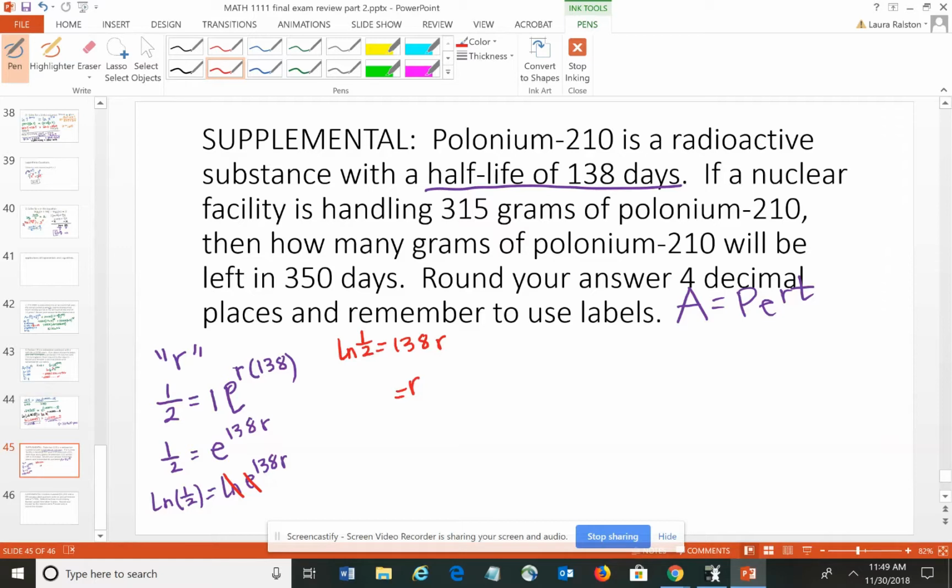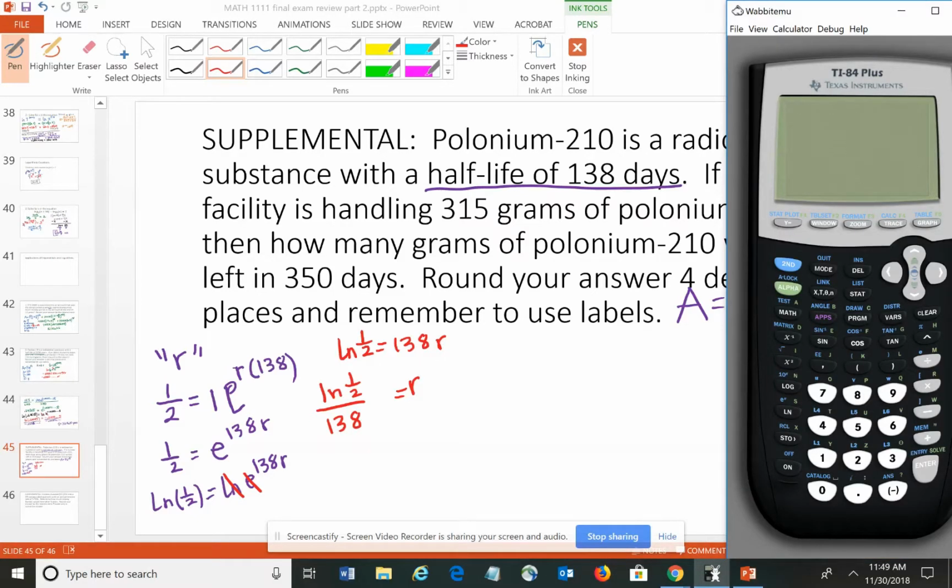And then to get r, I'm going to do the natural log of 1/2 divided by 138. And you can do that on your calculator. Again, you want to try to carry the decimals with you, and it's easier to do that if you save it in the calculator. So we do natural log of 1/2 divided by 138, which is negative